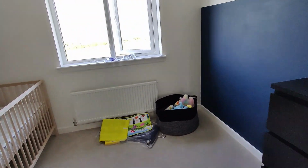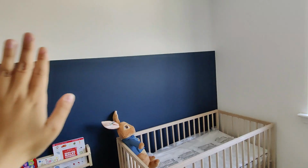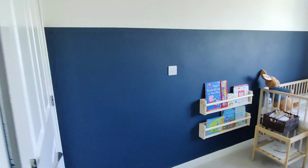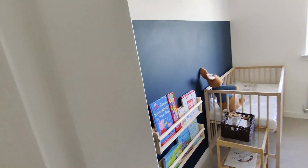And this is his toy storage, and I intend to have a huge shelf here, and then this will be his little play area, and a few more picture frames going up, a few prints that I did for Ollie. So anyway, oops, where am I going? It's Ollie's room, and you come out to the hallway again,